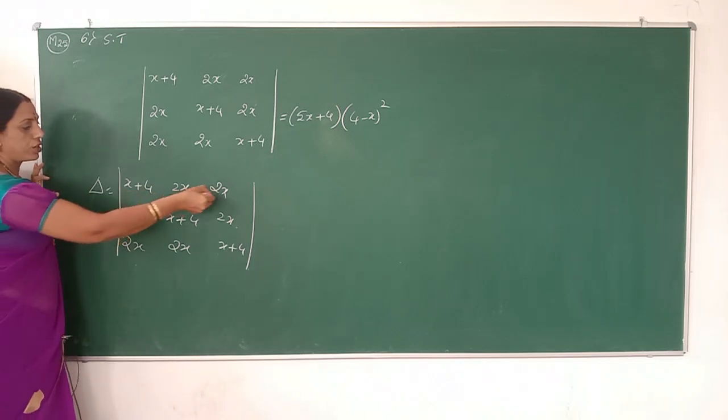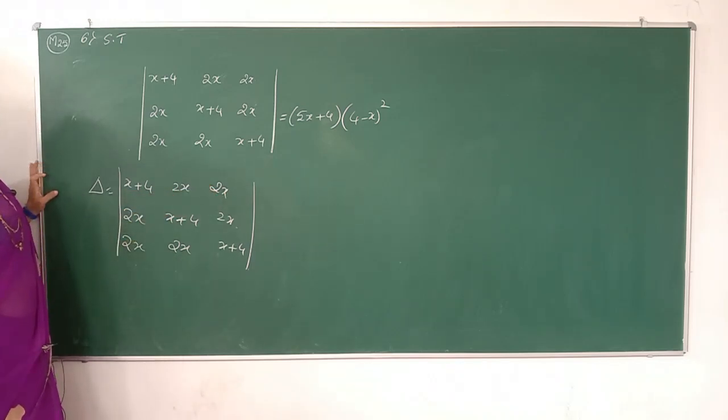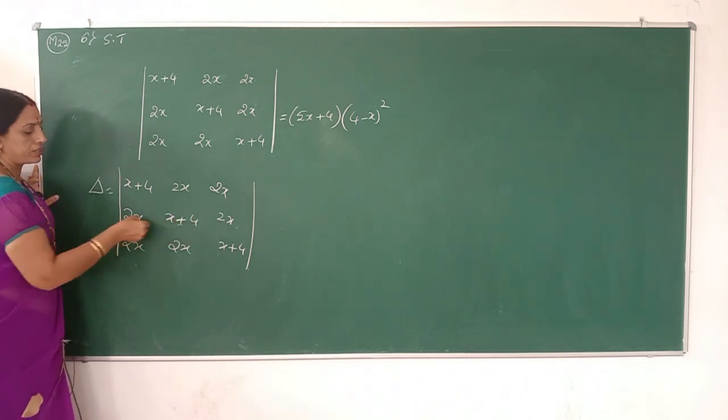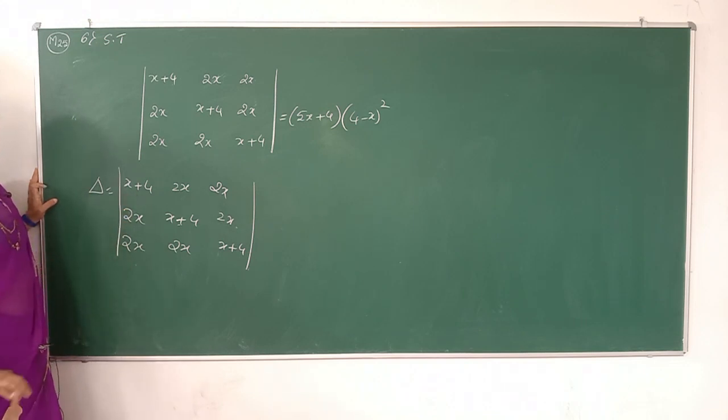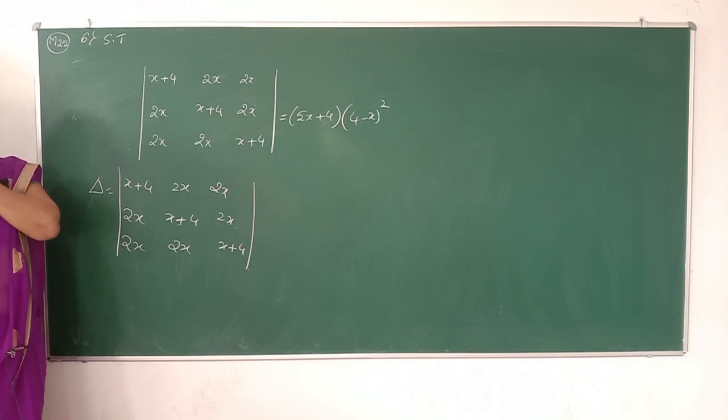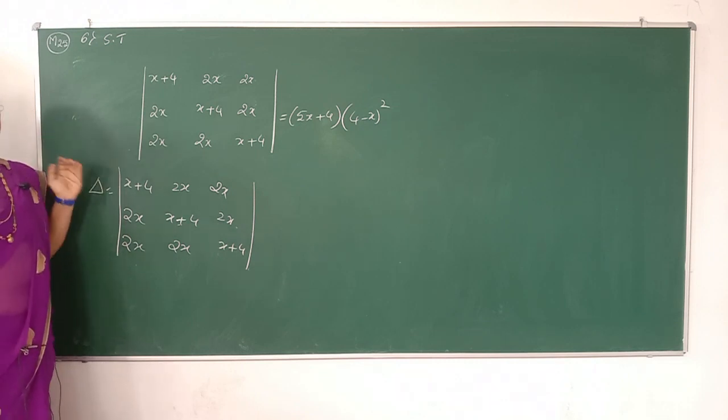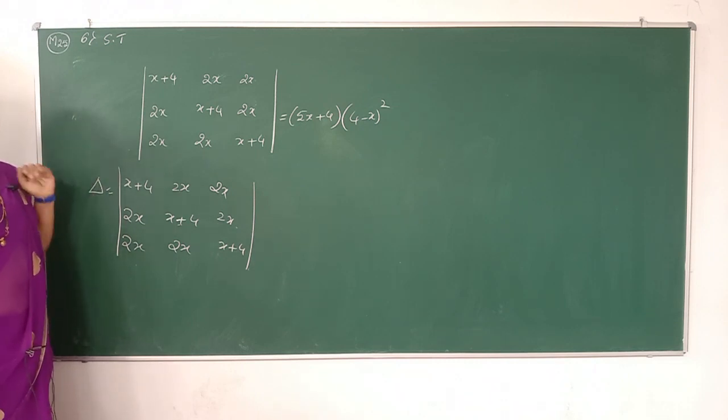So therefore there is no common factor. Similarly for the second row and the third row. Again we'll observe the elements column-wise. These also do not contain any common factor. Therefore, by using the concept of addition of the corresponding elements of rows and columns.